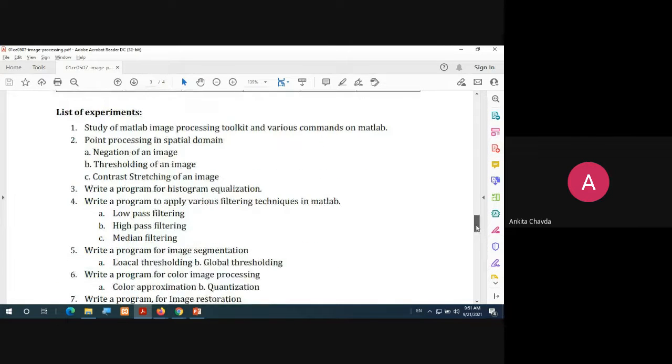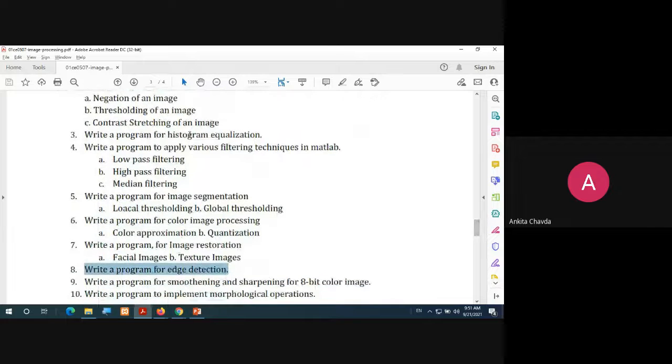The first program done, second done, third histogram equalization done, low pass, high pass, median done, sixth one related to color image processing done, seventh one image restoration done, smoothing and sharpening with 8-bit color image done. Now we'll see morphological operation, edge detection, and image segmentation. That is the only remaining thing.